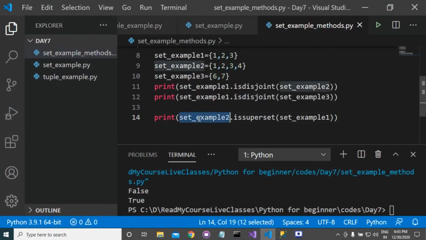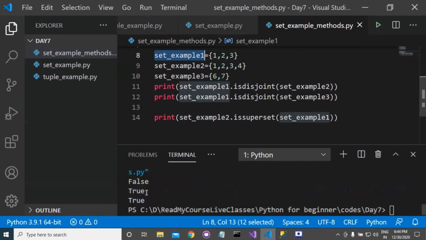Here you can see that set example 2 is 1, 2, 3, 4 and set example 1 is 1, 2, 3. All the values of set example 1 are present in set example 2. That's why it will return true, because set example 2 is the superset of set example 1. Here you can see that the output is true.